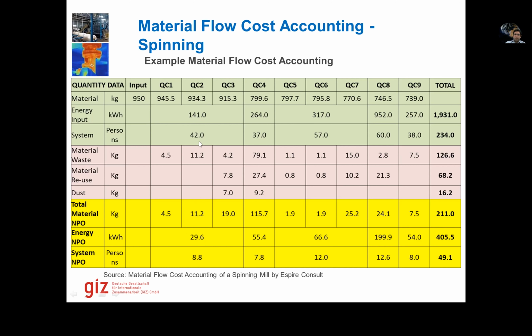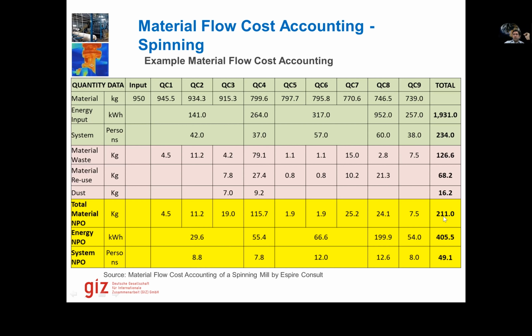And we also assign the same percentage to the persons or the system cost, and then we get this in terms of number of persons. So 49.1 person equivalent input is going into waste, and 405.5 kilowatt hours of energy is going into producing this 211 kilograms of